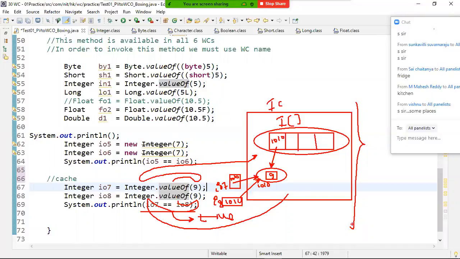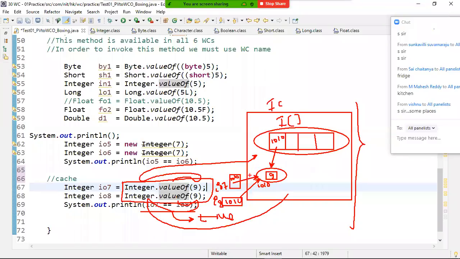Now my question. If this algorithm is applied for all integers, the complete integer range, the complete long range, then the number of objects in the JVM keeps increasing and finally heap memory is not sufficient. Try to understand.